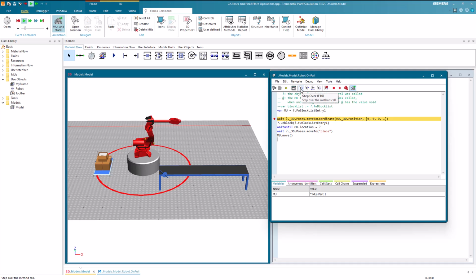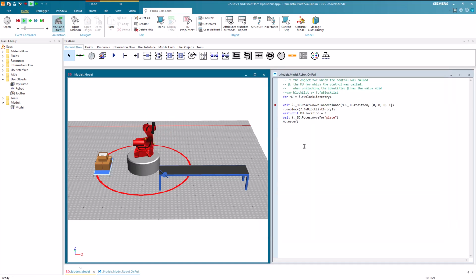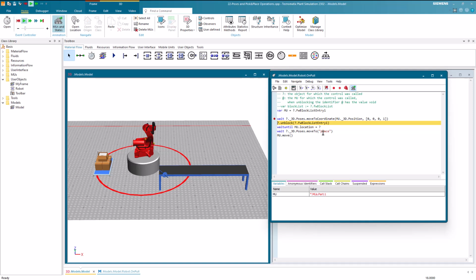Upon reaching the breakpoint, we press F10 to evaluate the expression. Then we notice that the coordinates of the variable do not align with our expectations, and the robot also moves to other coordinates than expected. This discrepancy arises because the shown coordinates are relative to the source rather than to the robot.